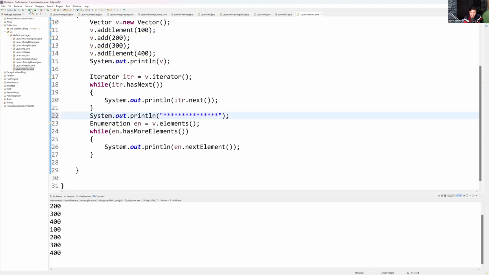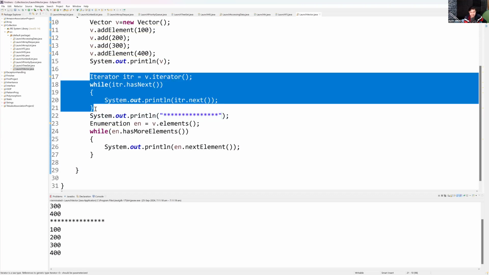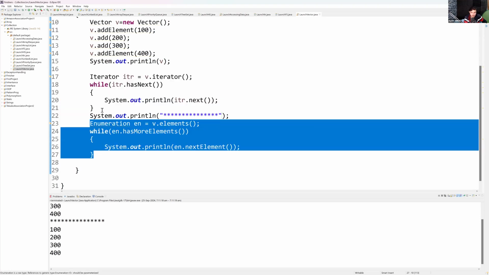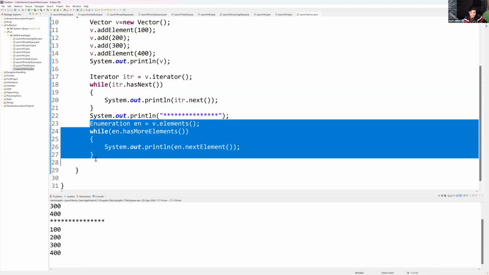So later it was not a part of the collection hierarchy, but later they added it. After adding, you can use an iterator. Suppose it was not a part of the collection hierarchy, only enumeration; whatever you can do with the iterator, the same thing you can do with the enumeration. So Java also tried to give a solution for the problems which were there in arrays, but they lacked